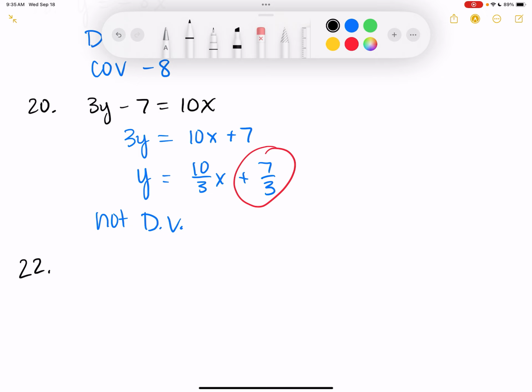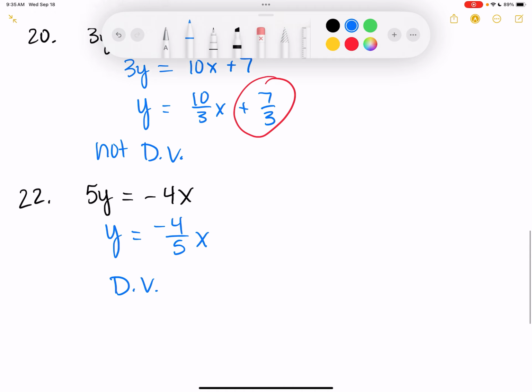5y equals negative 4x. Divide by 5: y equals negative 4 over 5 x. Is this direct variation? Yes. What is the constant of variation? Negative 4/5. Yes. This should be the easiest stuff on your quiz and the test,